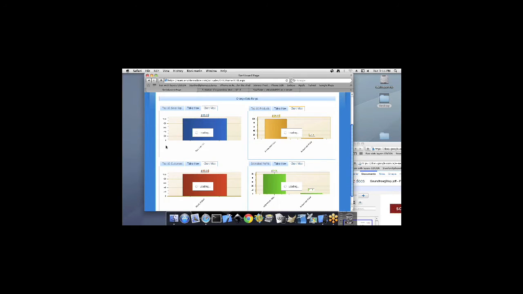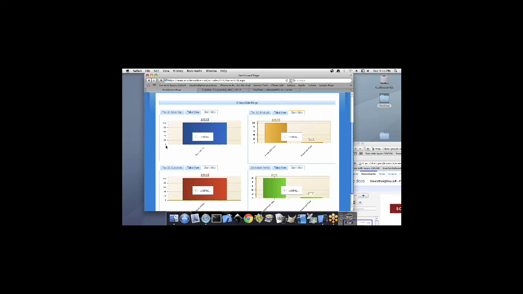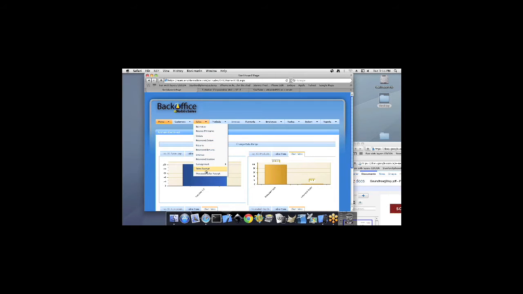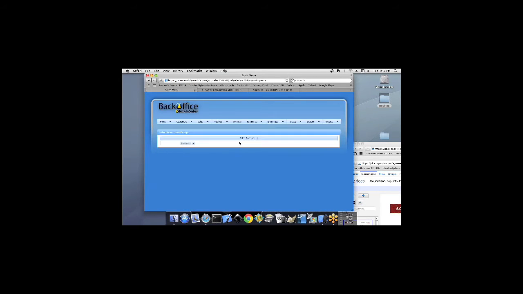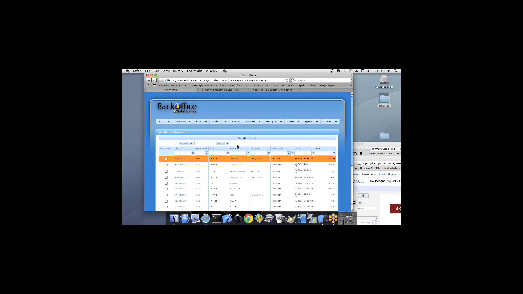But not only that, I can come here and click on sales receipts, and I will be able to see every single transaction as it's coming from the mobile devices for administering purposes. So I can see the date stamp, time stamp of that transaction, the amount, and the client we sold these items to.